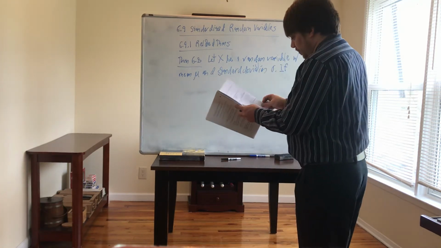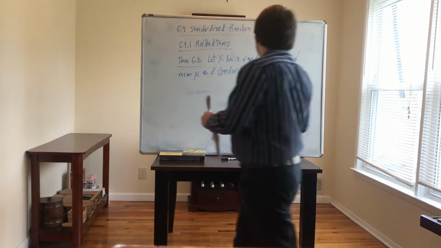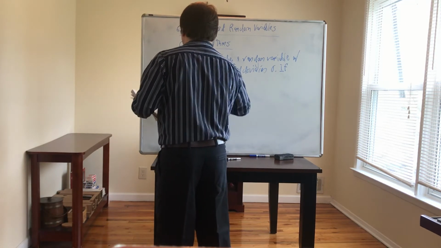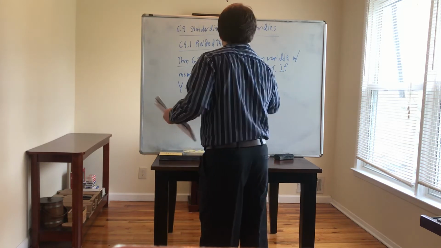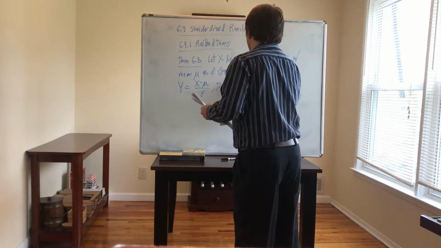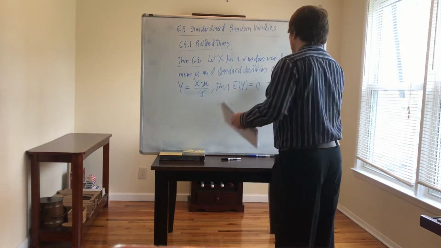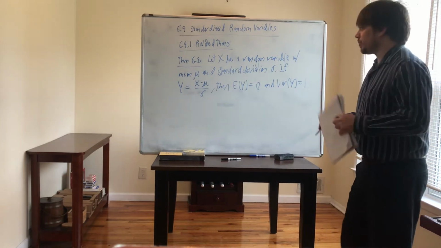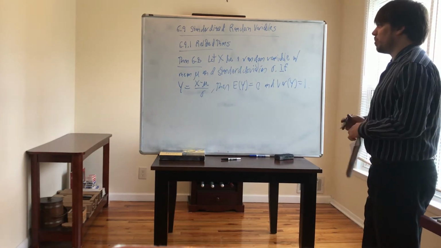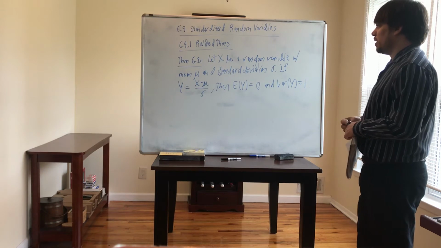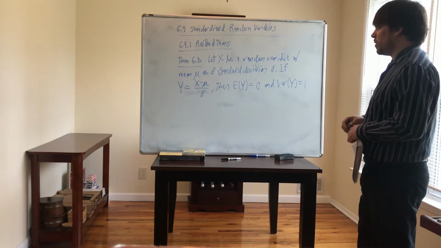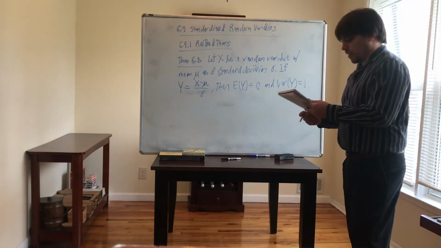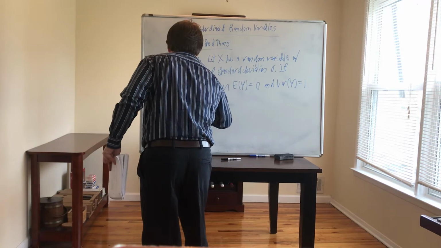If Y is equal to X minus mu over sigma, then E of Y, the expected value of Y, is 0, and the variance of Y is 1. Okay, so if X is a random variable with mean mu and standard deviation sigma, and Y is equal to X minus mu over sigma, then E of Y is 0 and the variance of Y is 1. So the proof of theorem 6.8,